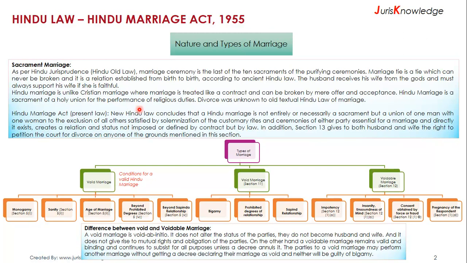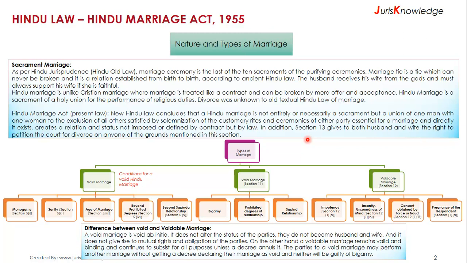Divorce, for example, was unknown to the old textual Hindu law of marriage. It got introduced only in Hindu Marriage Act 1955. Hindu Marriage Act 1955, which is the present law in place, concludes that a Hindu marriage is not merely or necessarily a sacrament. It is a union of one man with one woman to the exclusion of all others,